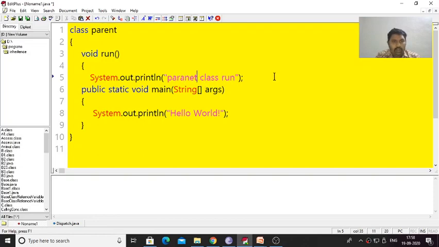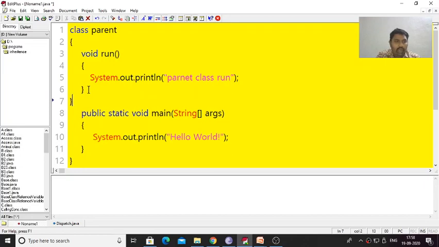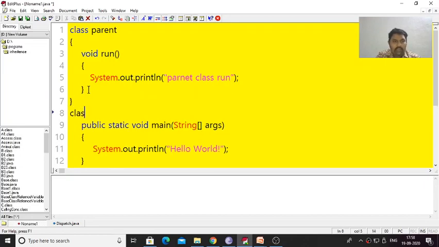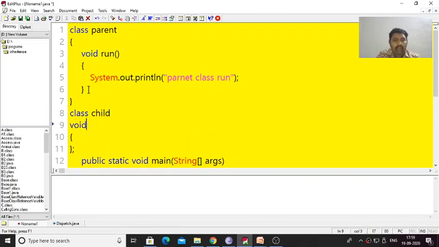Let us close this, and now we have our child class, Child. The child class is also having its own run method.